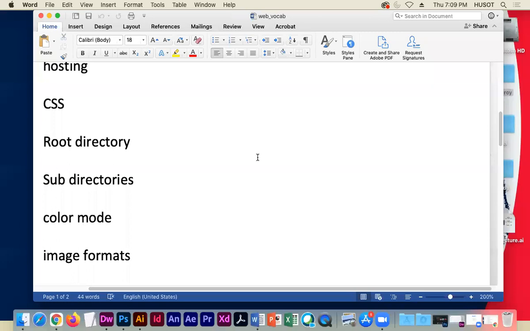Why is that important? Because it doesn't matter who you host with. A cloud service, whether it's Amazon or Google or any of the major conglomerates, they all are based on one concept, one folder per IP address. So everything you do for any one given project needs to exist in one folder, which we call the root directory folder. So when you download the chapter files from the start here, you're going to notice inside that folder is a folder for each chapter. Each one of those chapter folders is a root directory,